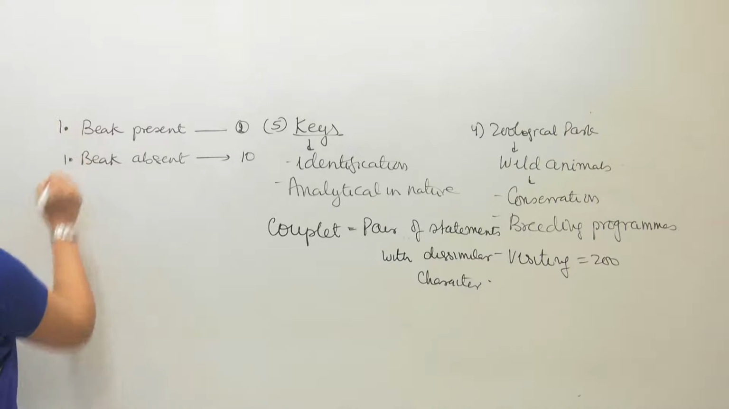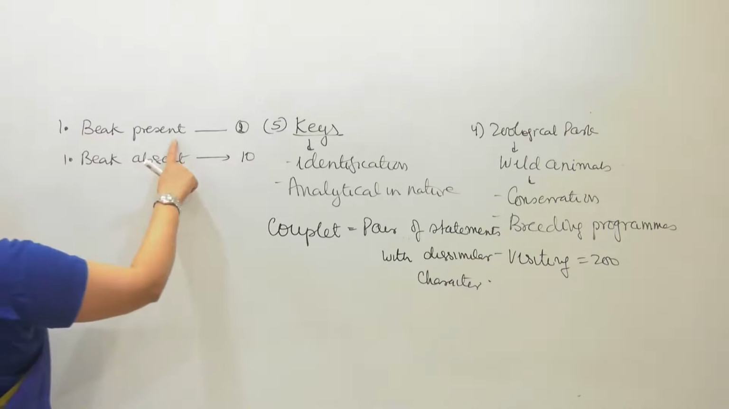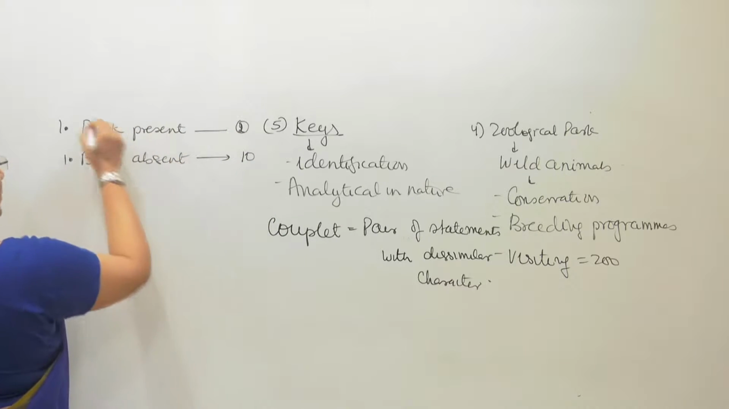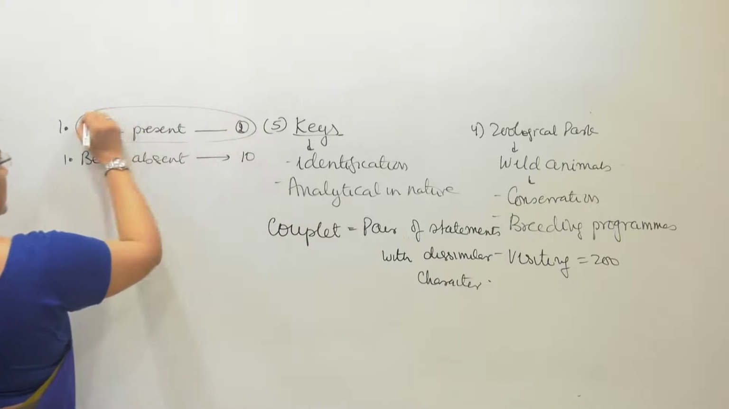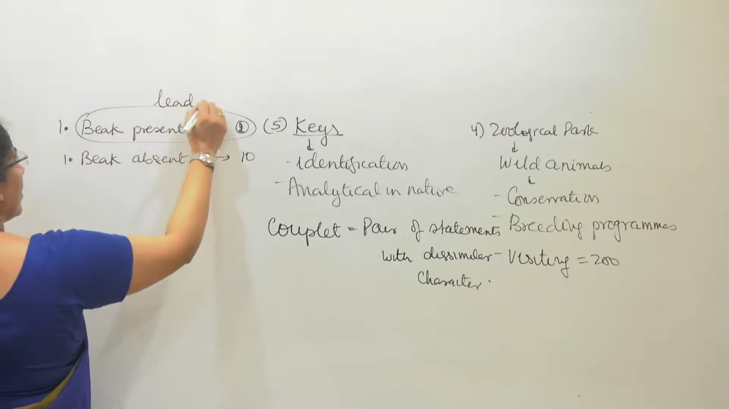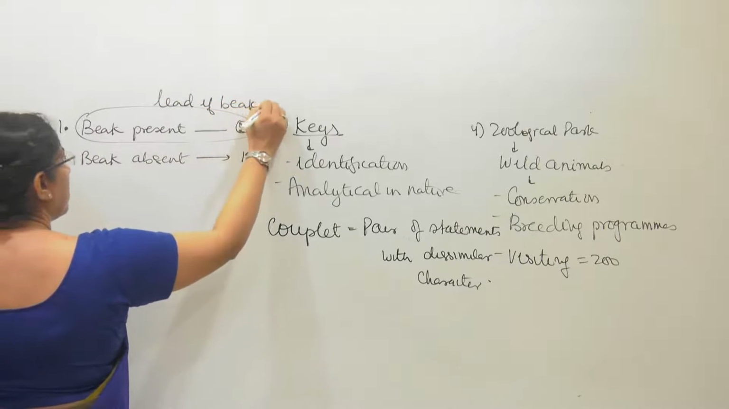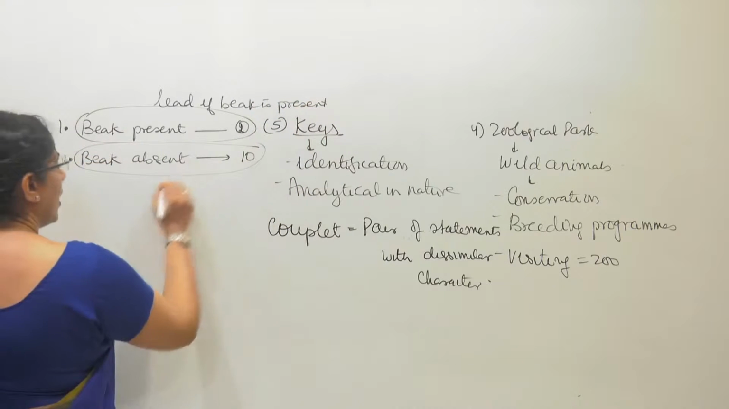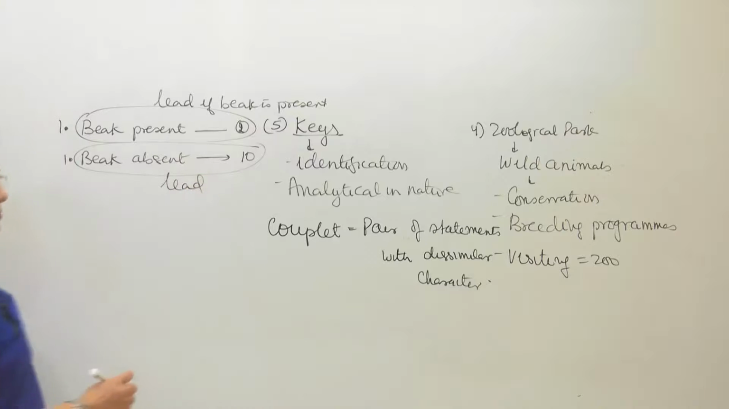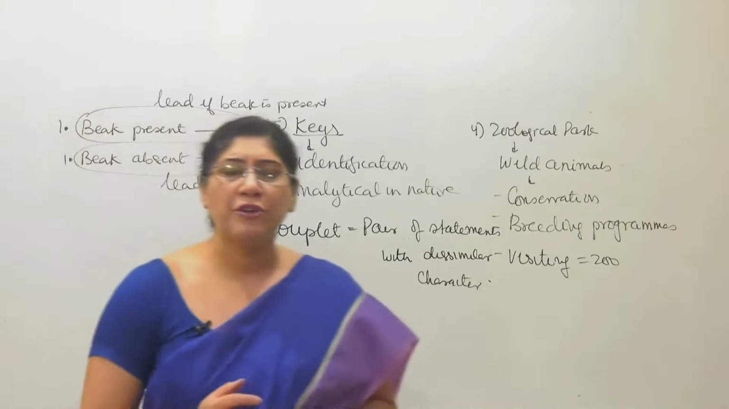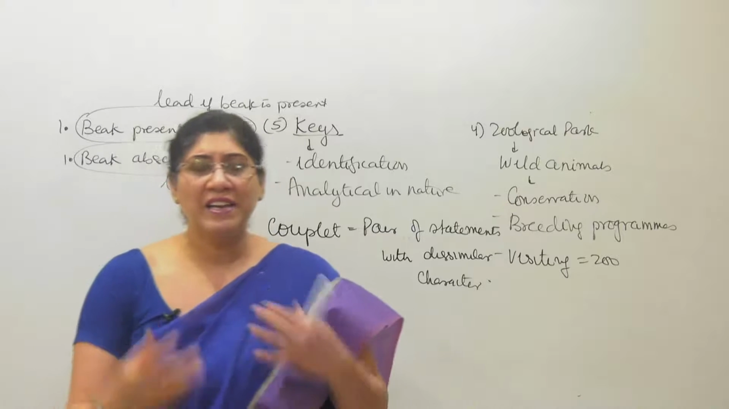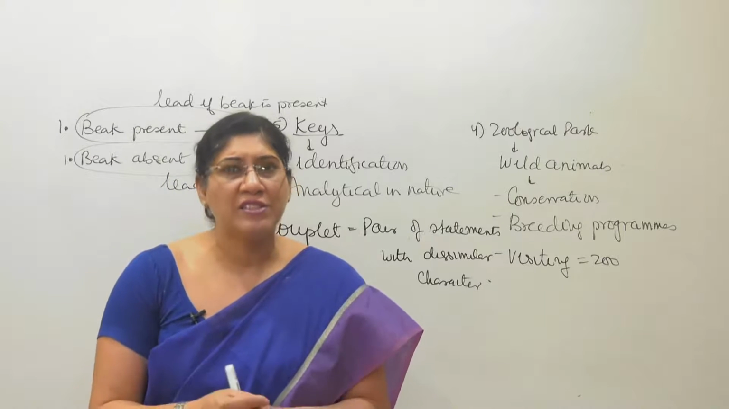This is my first couplet. So if beak is present, go to couplet 2. If beak is present, then this becomes the lead. But if beak is absent, then this will become the lead. Means out of the two statements of a couplet, each statement can act as a lead depending upon the characteristic of